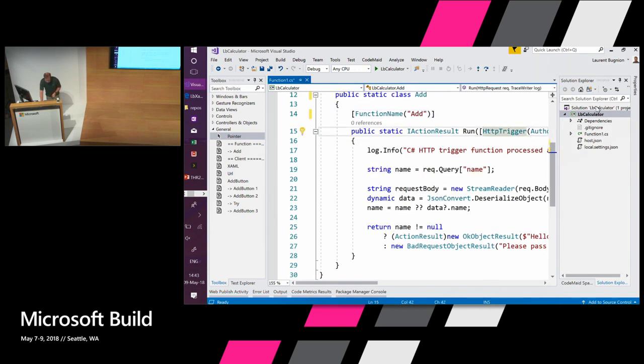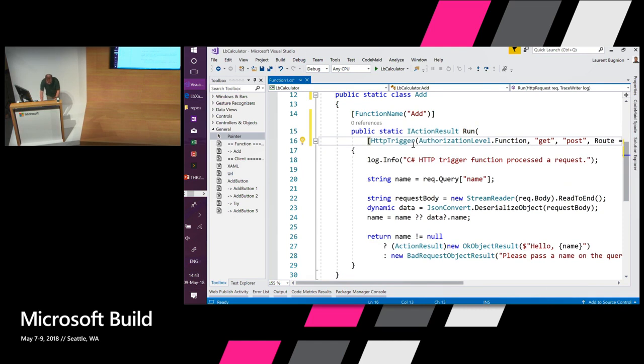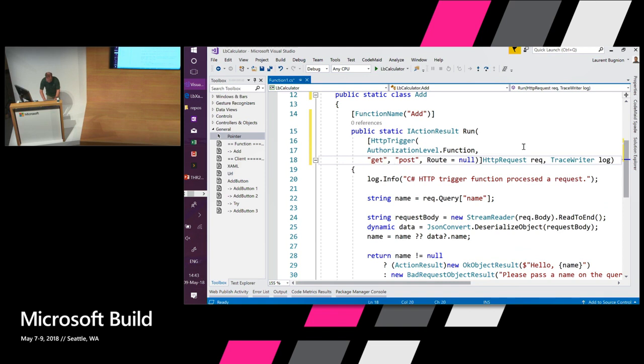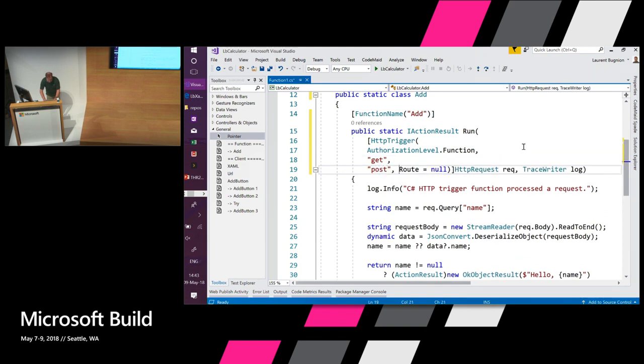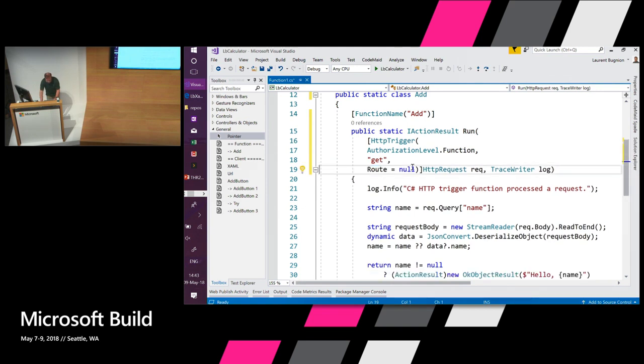And then to configure this function, we are simply going to use here an attribute. So the authorization level is function, which means that there is a code in the URL. And then I can select the method that I want to support. In that case, I'm only supporting get. So I'm going to remove the post completely. And then I can add a route. So just like before, this is part of the URL. So in that case, I say this function is called